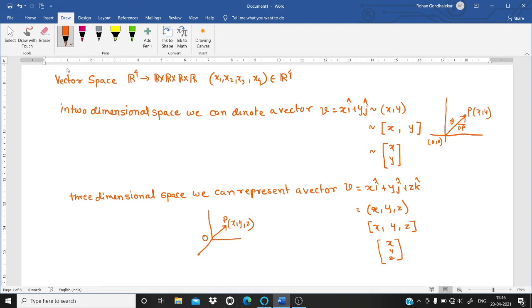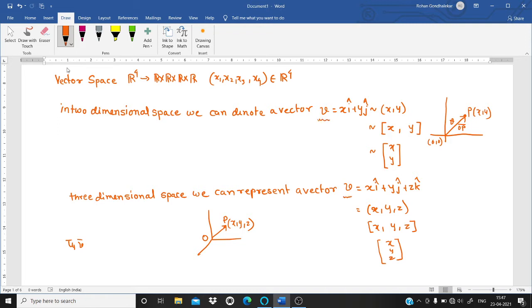The vectors are usually denoted by lowercase boldface letters like u, v, w, etc. But this notation is not suitable while writing by hand, so we cannot write it in bold letters. Hence, most of the authors express the vector as u bar, v bar, and so on. In some of the books you may find the plain letters also, u, v. What I am using here are the plain letters, v.